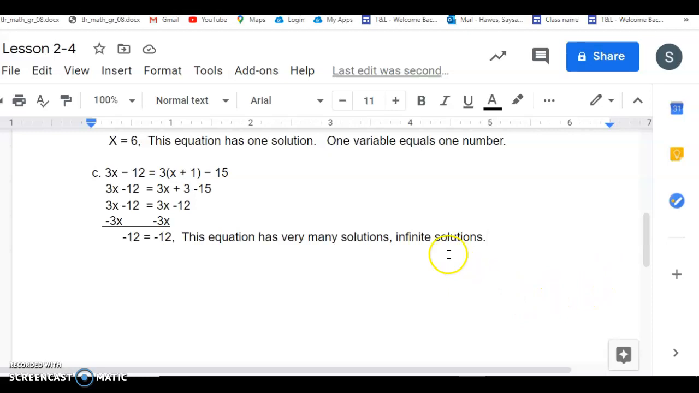Okay, and I hope you review this. If you do not understand, or if you have any questions about lesson 2-4, determining the solution for the equation,